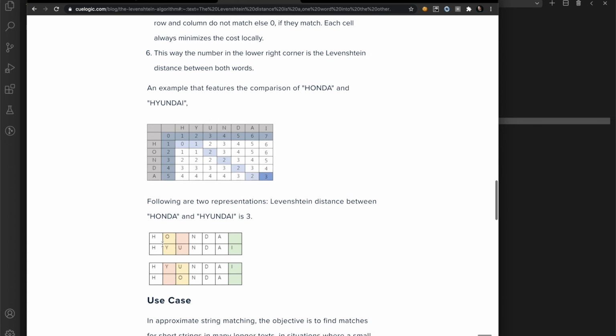You build this table out, and by the end of the table you have the count of the shortest distance between two words. For example, for Honda and Hyundai, the distance between them is 3, the most optimal distance.